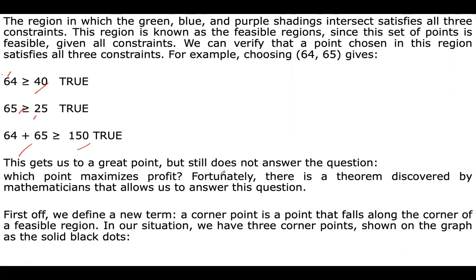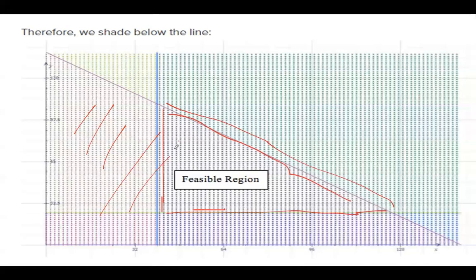Okay, but we don't know. See, we have this feasible area. All the points lying in this feasible area will give us right answers, that is, they will fulfill all the conditions, but we still don't know which points will maximize our profits, right? For that purpose, we need to find the corner points of this feasible area. Can you see these corner points here? These are the corner points which we need to find.